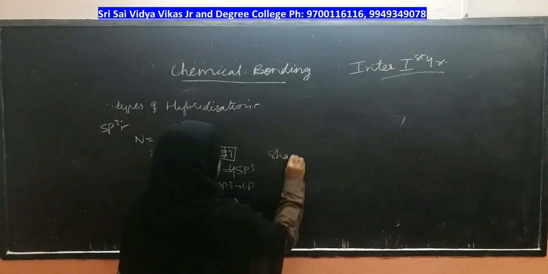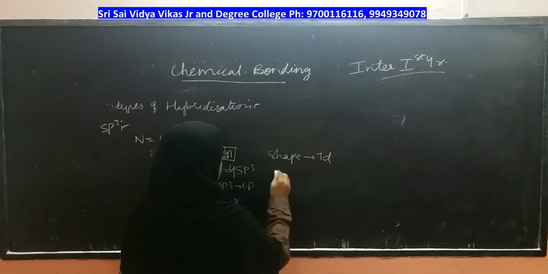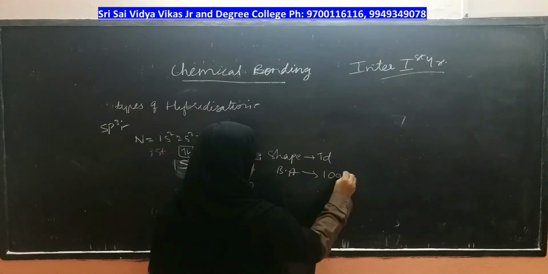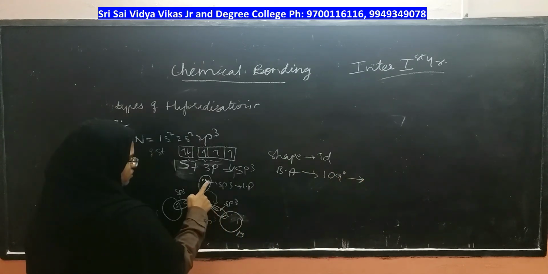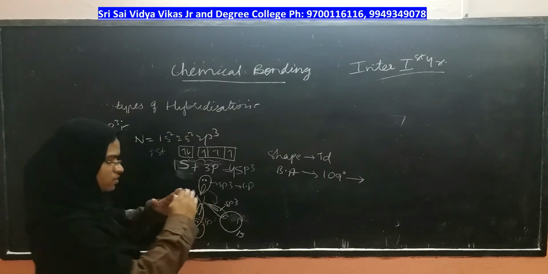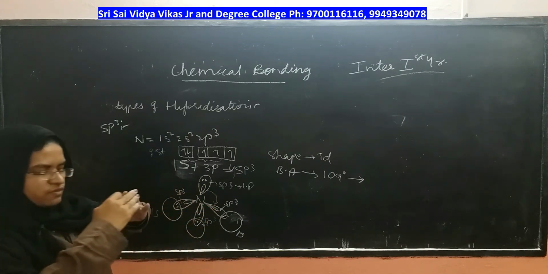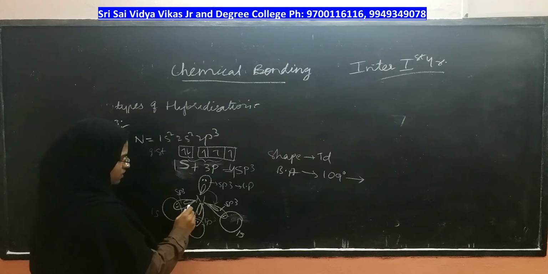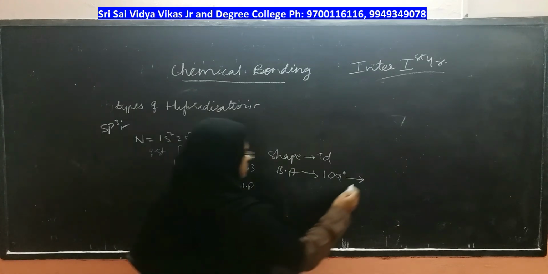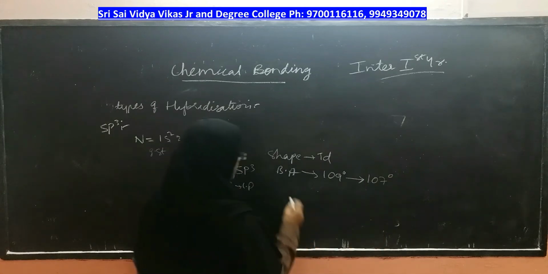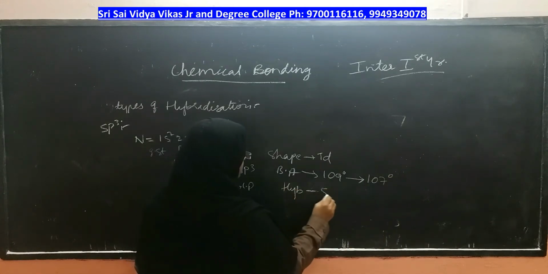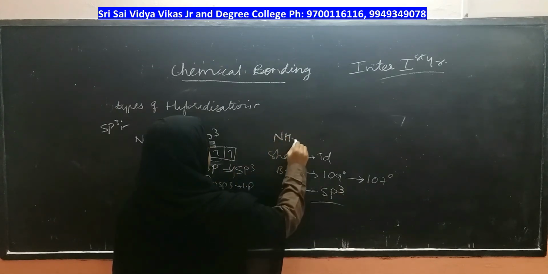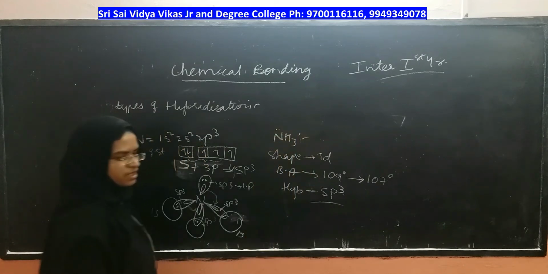The shape is tetrahedral, right. What should the bond angle be for tetrahedral? 109. But because there is a repulsion between the lone pair and bond pair, what will they do? I am talking about these two bonds, which are like this; to avoid repulsion with the top, they will bend a little downwards. If they bend a little downward, this bond angle which was 109 becomes 107. The hybridization is sp3. Which molecule are we talking about? Ammonia, in which there is a lone pair, right.